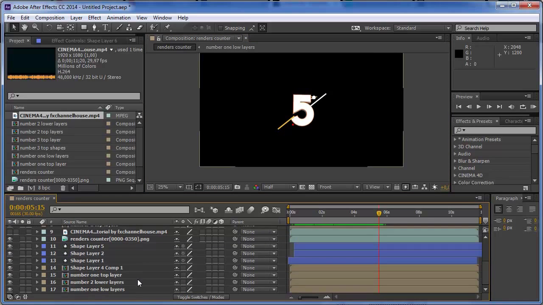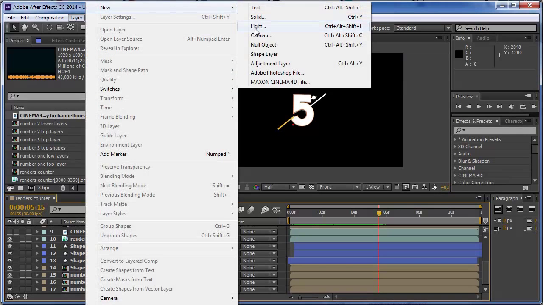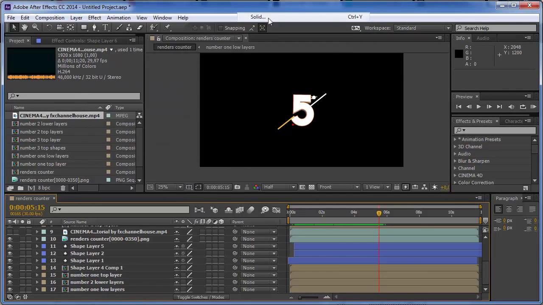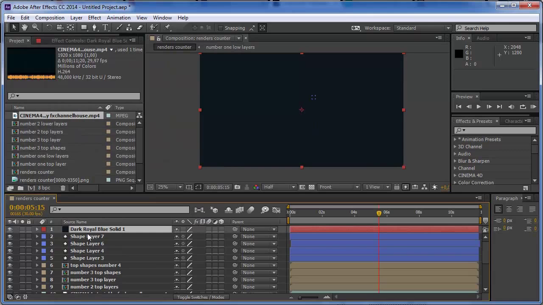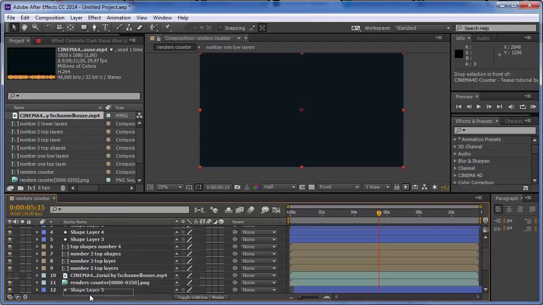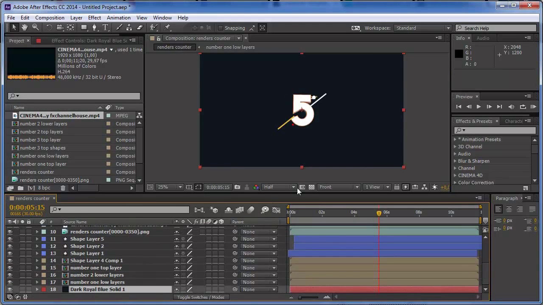So these transitions are very easy. So I'm going to put a background, a new solid. I'm going to put the color a little bit dark, it's okay, and put this below everything. So it's going to be our background. So when we get to number 1, I'm not going to make a transition, but on number 2, we're going